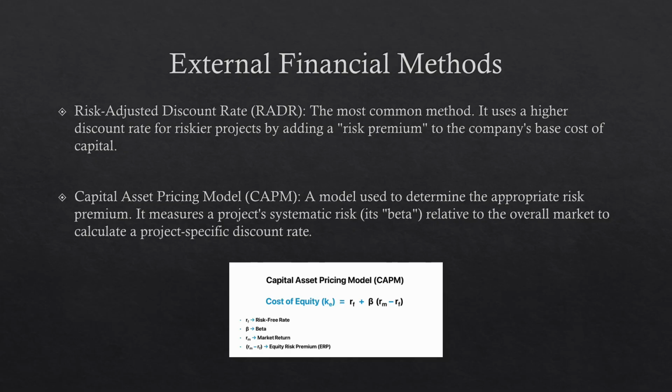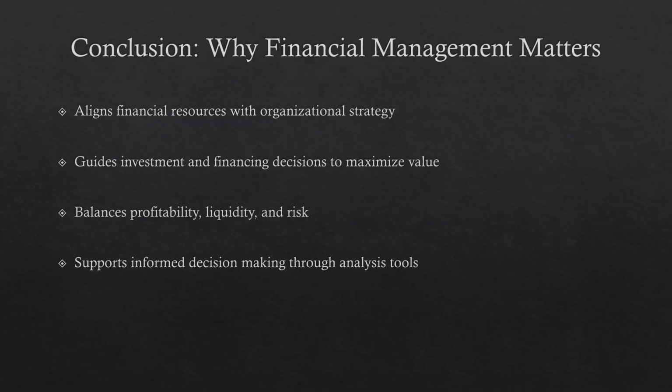By finding a comparable public company, we can use its beta as a proxy for our project's risk, allowing us to ground our decision in objective market data. In conclusion, effective financial management integrates planning, financing, investing, and control to ensure that resources are